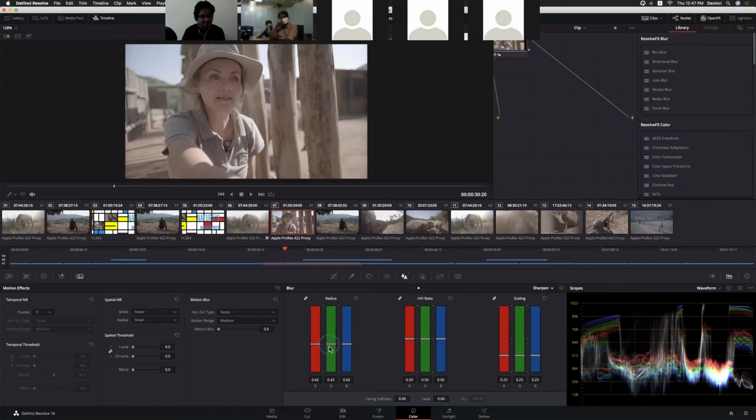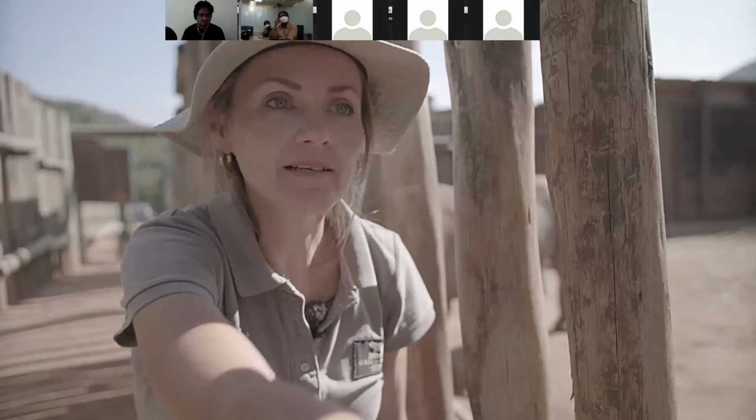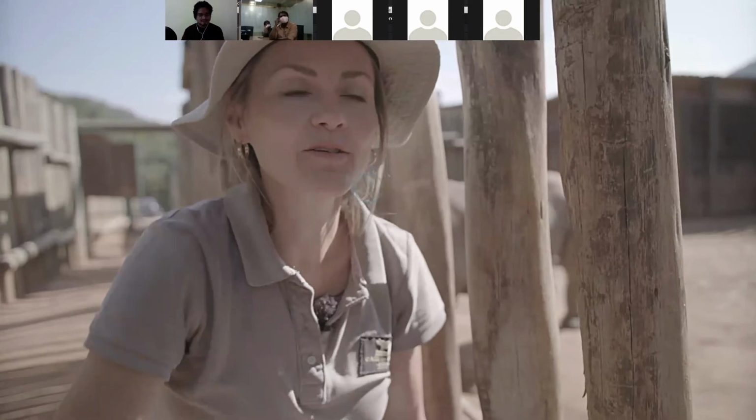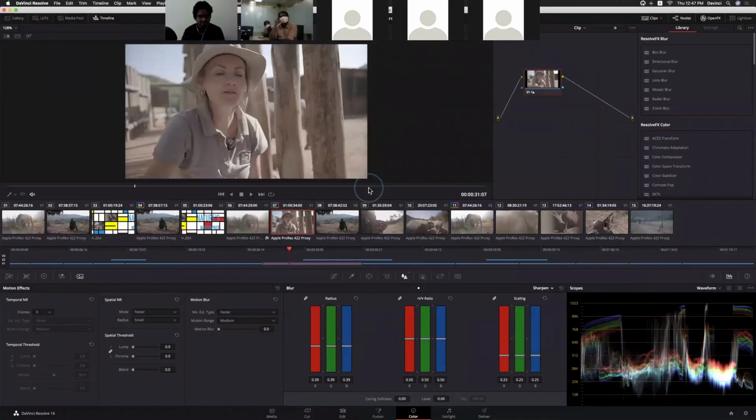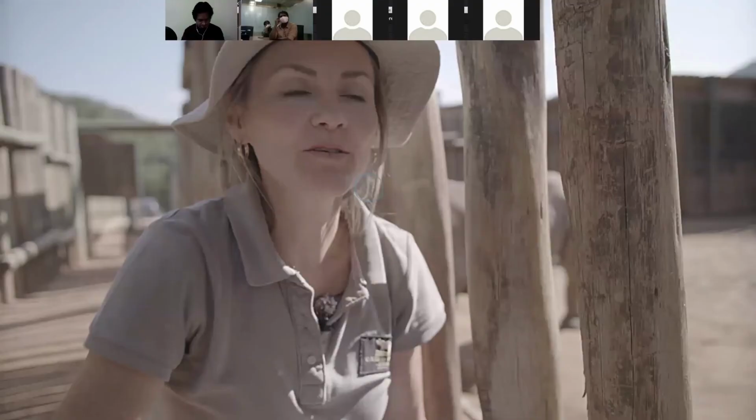Can you see the difference? Yeah. Okay. Let me enable and disable this. This is with the filter, and this is without the filter, without sharpening and with sharpening.